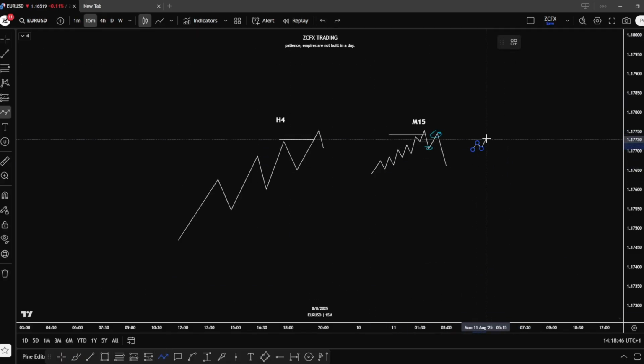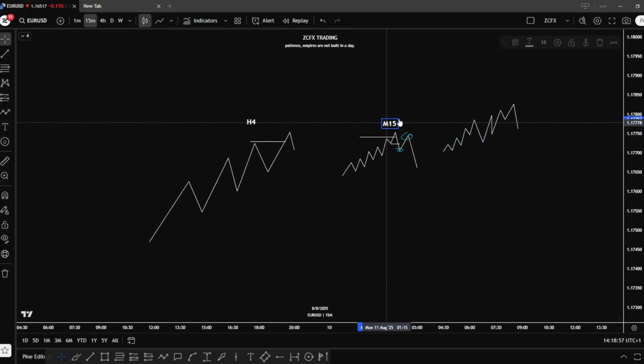On the M1, we're going to get something like this: higher highs, higher lows, maybe some breaks to the downside, maybe some breaks to the upside, whatever. Then we tap into our POI and we're looking for a shift to the downside. We get a shift to the downside. Now what we're going to be looking to do